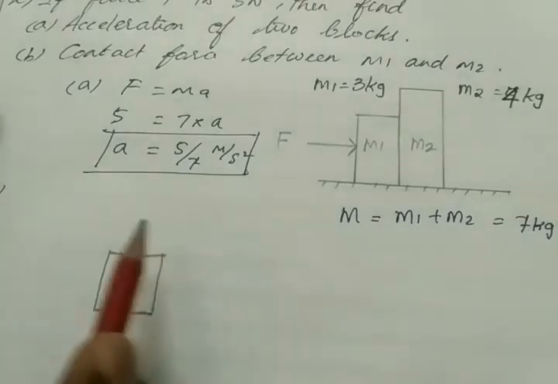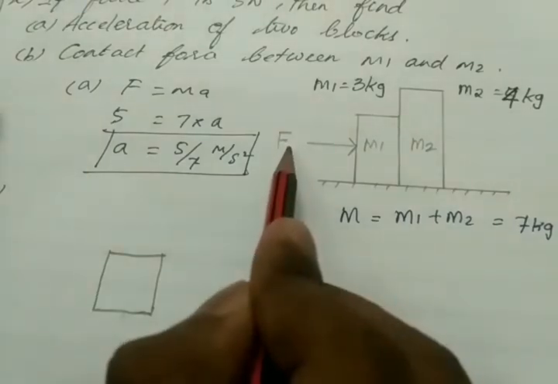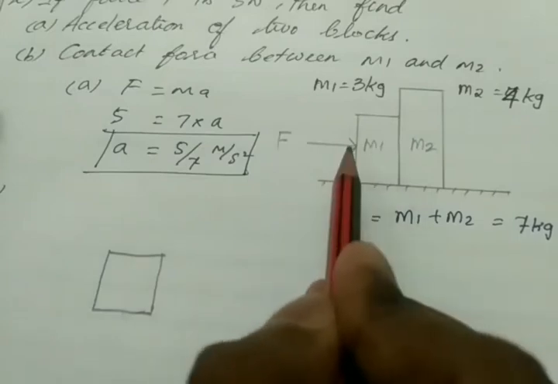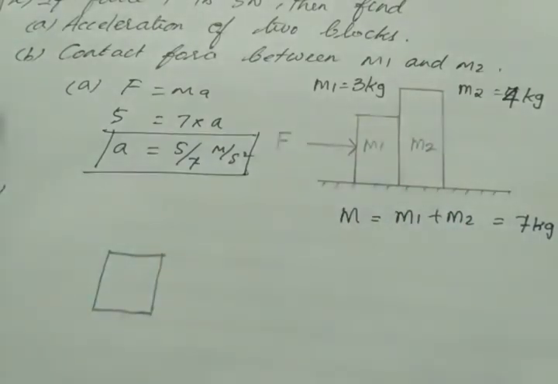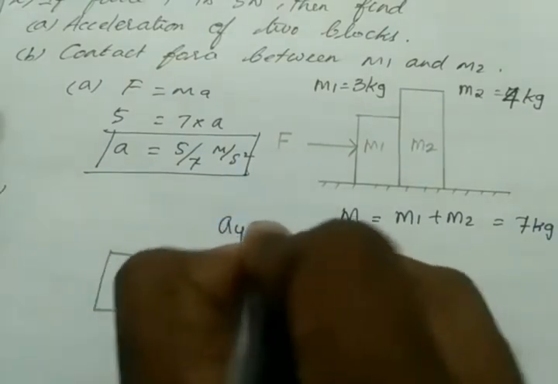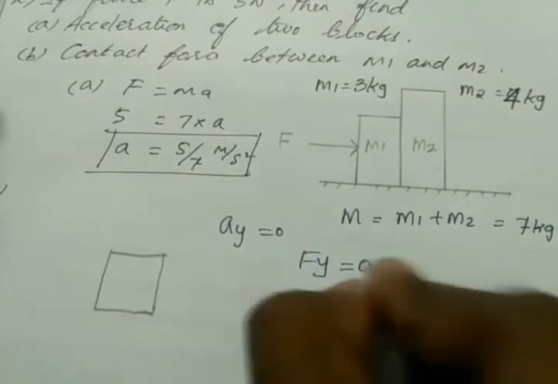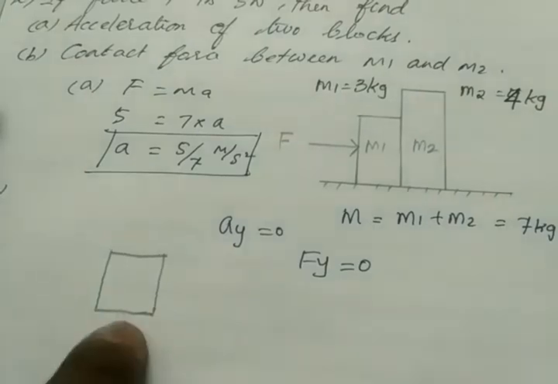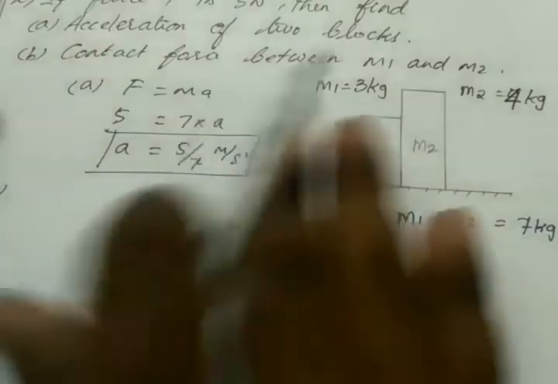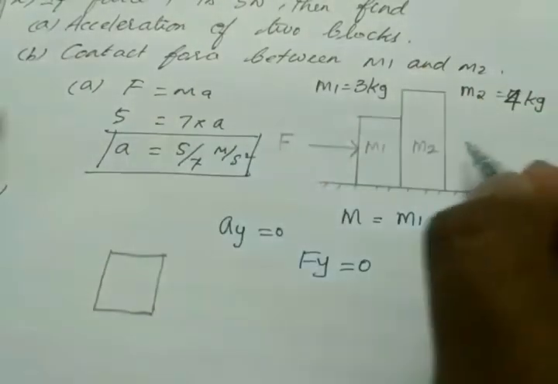But there is no movement or acceleration in y-axis. Why? Because we applied force in x-axis. So these two masses only move in x-axis. Clear? So here I can say there will be no acceleration in y-axis. If there is no acceleration, then there will be no net force acting in y-axis, right? The object cannot move upwards or downwards, because we applied force in x-axis. So the object either moves to the right side or left side. Here we apply force from the left side, so the object will surely move in this direction.